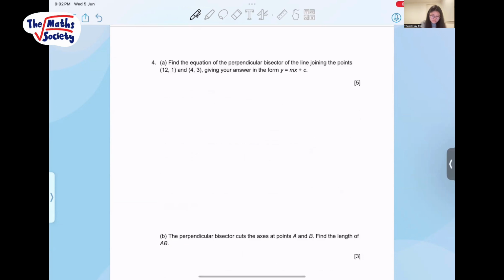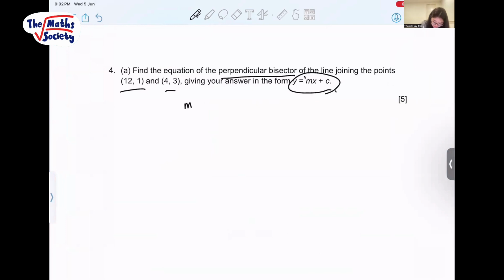And then we have number 4, which is to again give the equation of the perpendicular bisector. And this time they ask you in the form y equal to mx plus c. So let's find the gradient first, as always. So y2 minus y1 by x2 minus x1. 2 by minus 8. So it's minus 1 by 4. And perpendicular, so it's going to be 4. Midpoint,